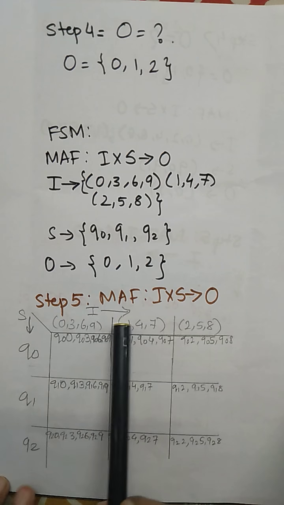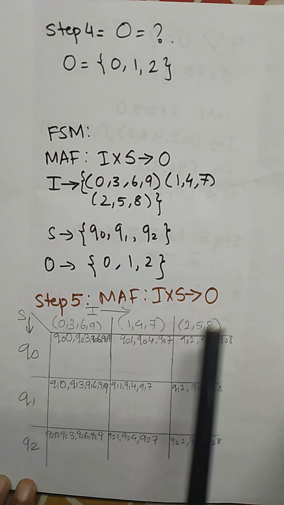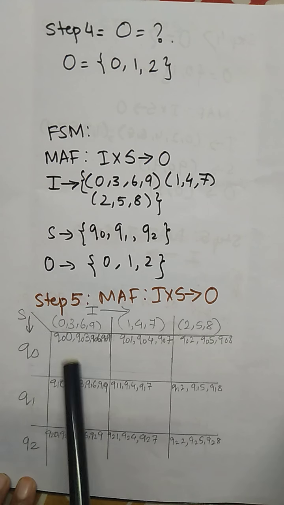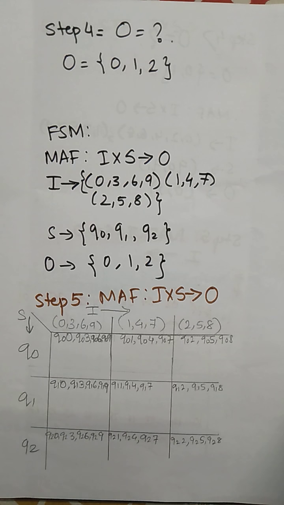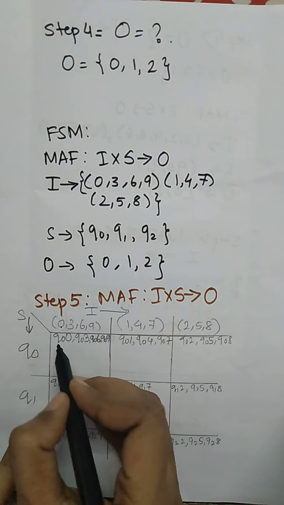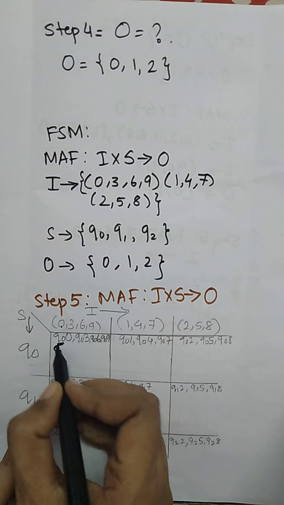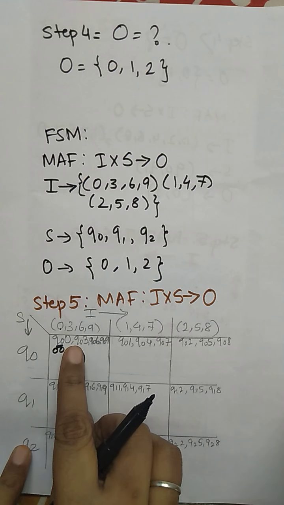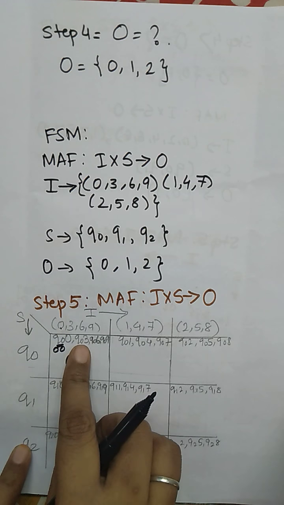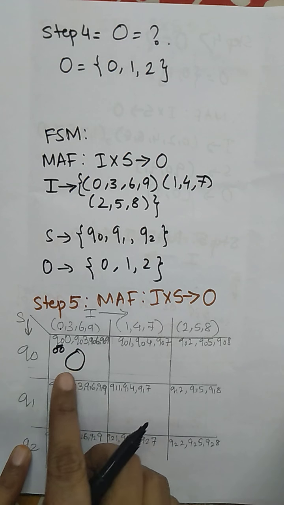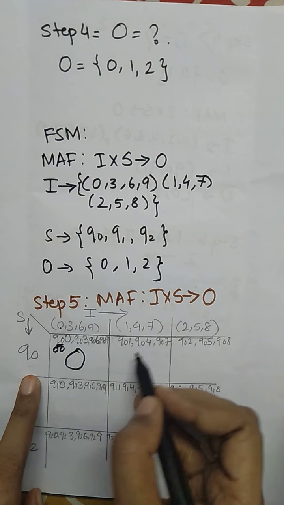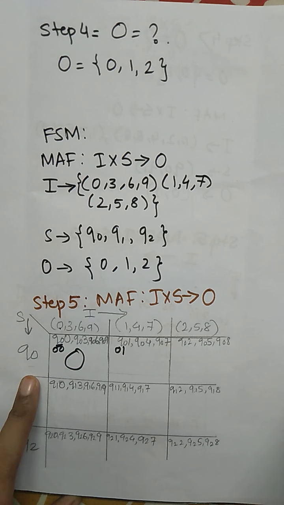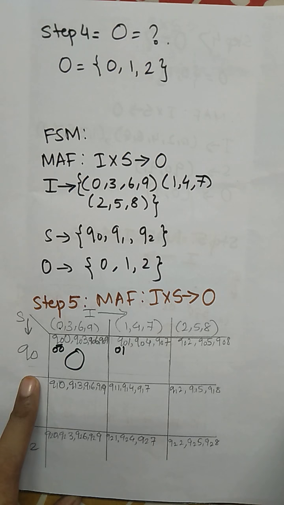Now we are going to design the machine function: input with the current state produces output. These 3 sets of input with the states Q0, Q1, Q2 will produce the outputs here. Now Q0 with the next digit 0. Q0 is remainder 0, and with the next digit 0 will produce output 0. Now Q0, that is remainder 0, with the next digit 3: 3 is divisible by 3, yes, with remainder 0. Now Q0 with 1: previous remainder 0 with the next digit 1 will make number 1. Is 1 divisible by 3? No, producing remainder 1.